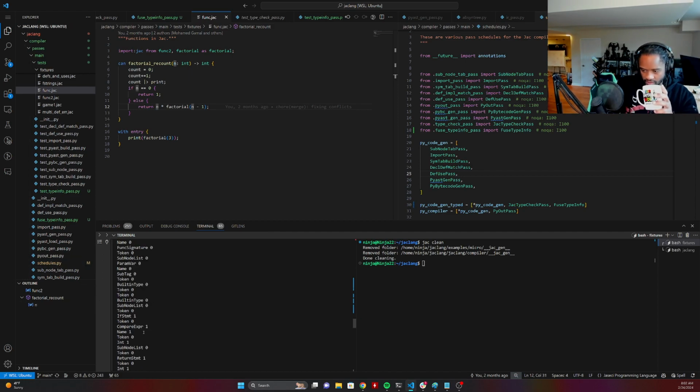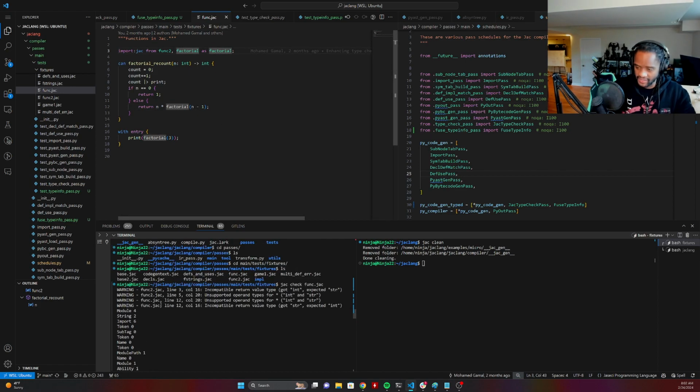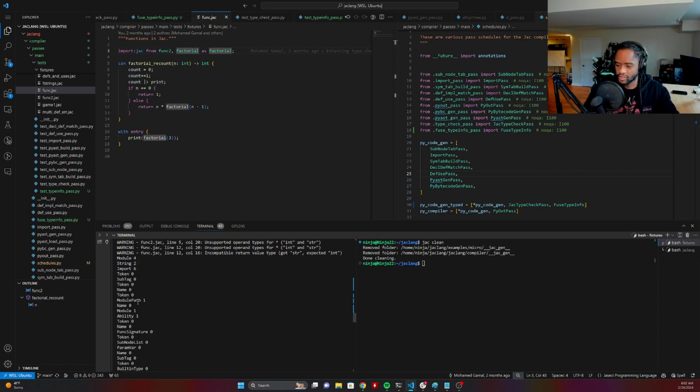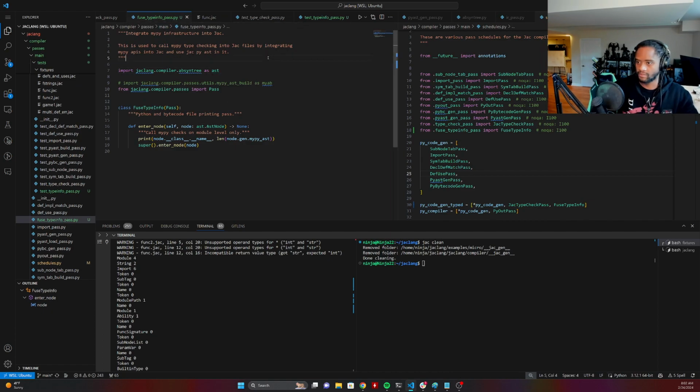But this isn't great because this means that our association between Mypy nodes and Jack nodes probably needs a little bit of work. But what we'll do, let's just do this for now, real quick. All right, so we're printing each one. Let's just do this. If,